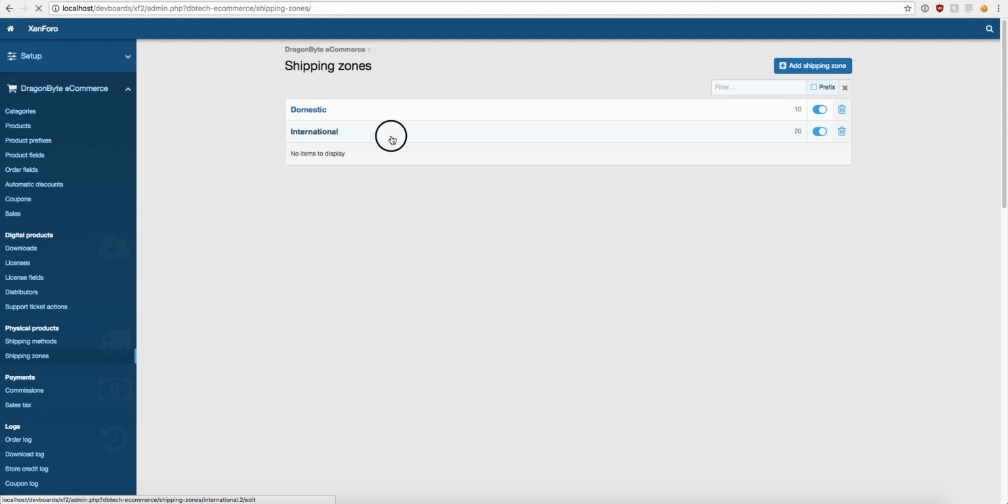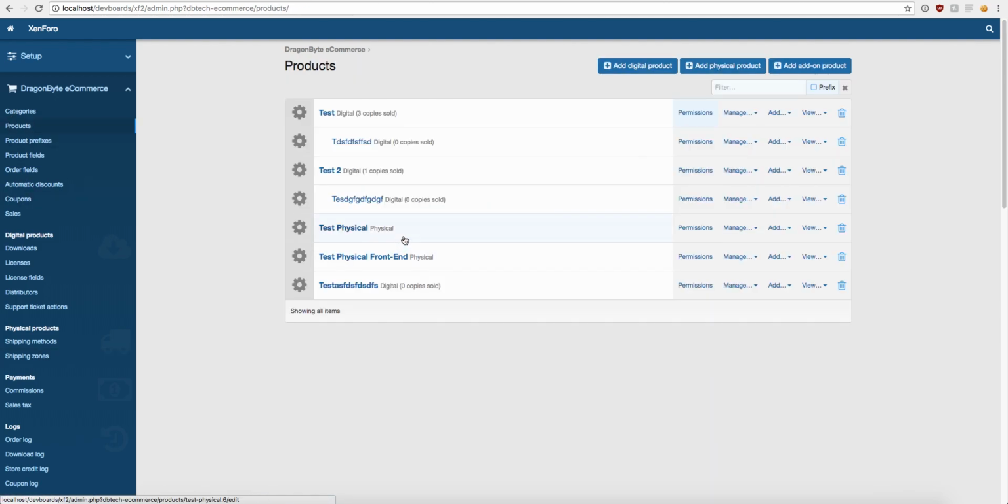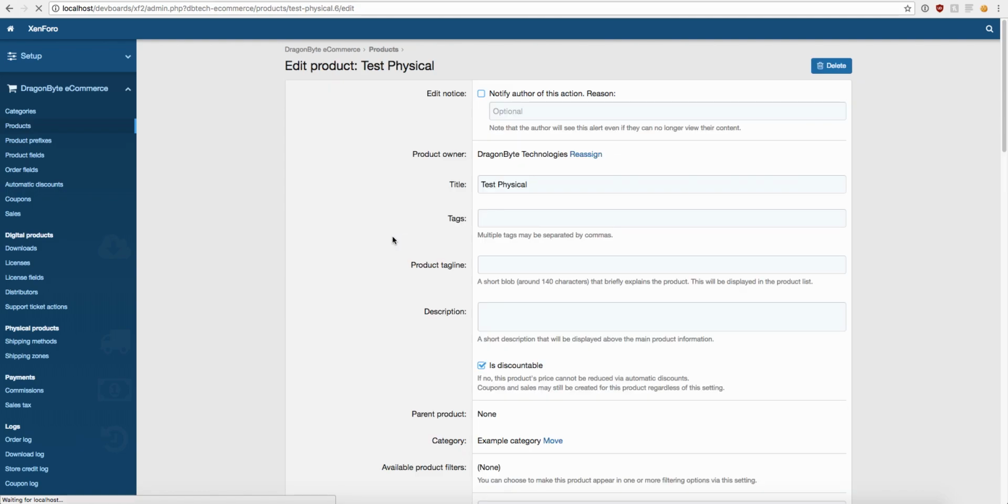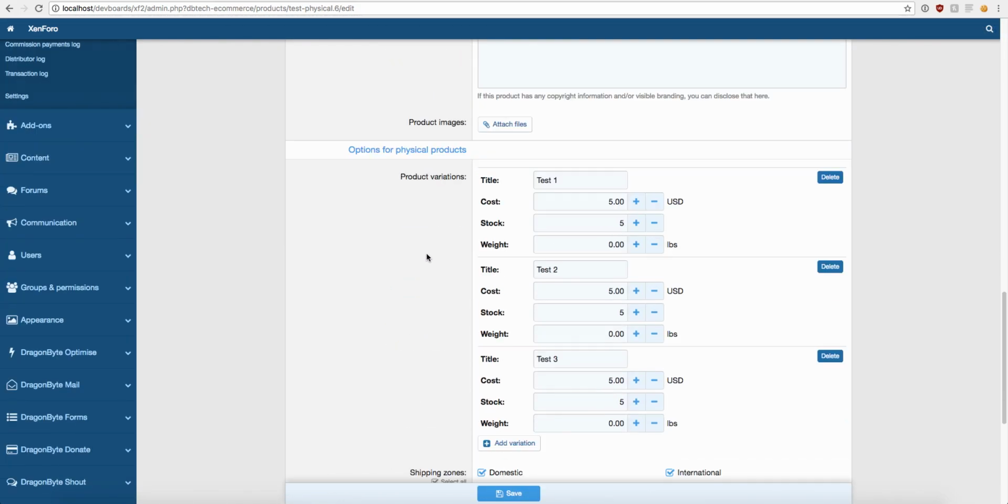And for international, all I did was just select everyone, every single country. So shipping methods and countries are tied into a shipping zone, and if we then go into a product and go into the test physical product, which as you can see has a lot of information in it, you will first of all see options for